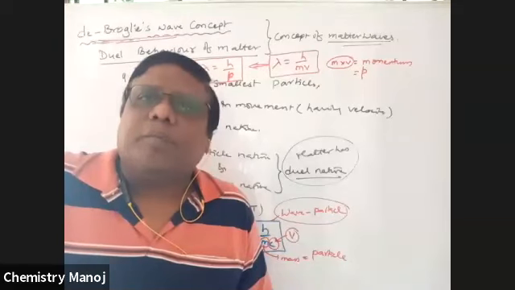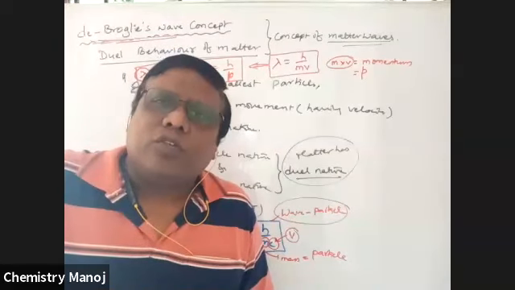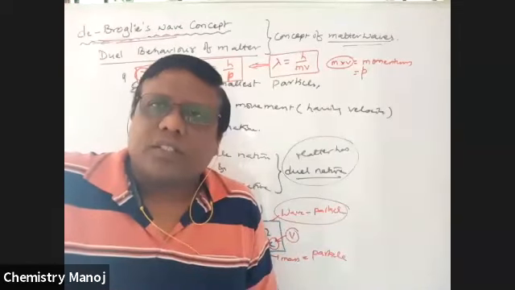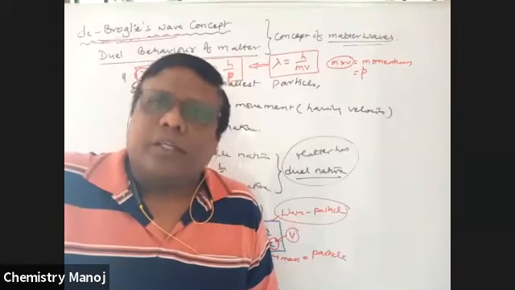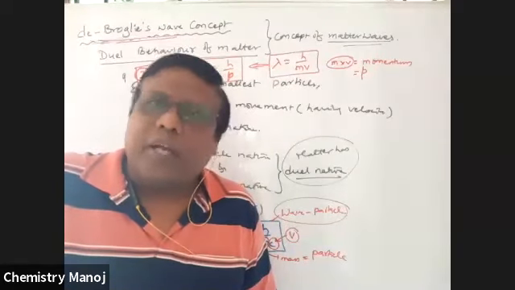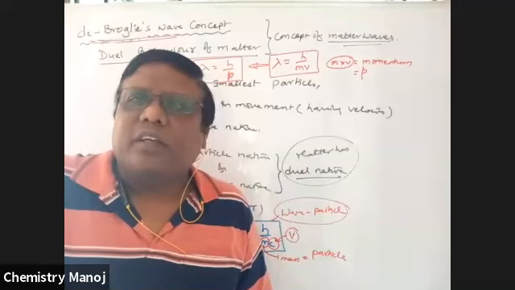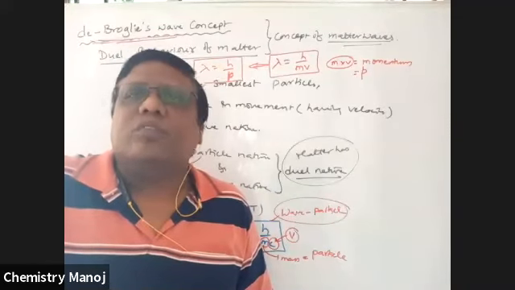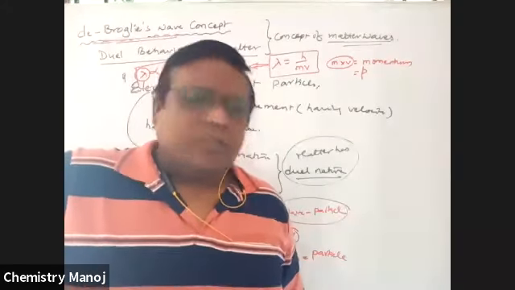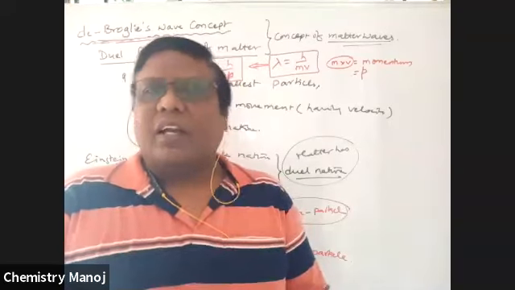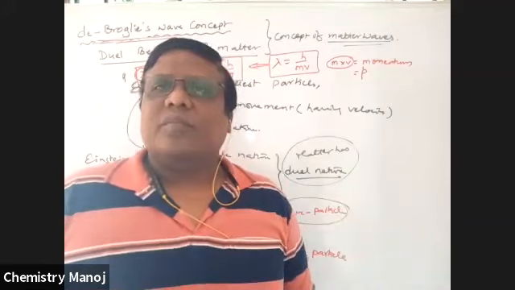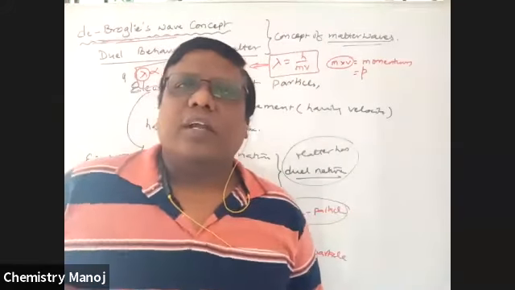So wave properties are applicable only for minute microscopic bodies, like electrons, protons, neutrons, and alpha particles. They are particles, no doubt, but also having wave nature. They have both wave nature and particle nature when they are in movement. Photon is also a particle having wave nature. Photon is nothing but light. Light has dual nature.